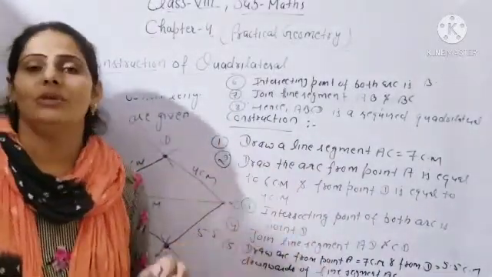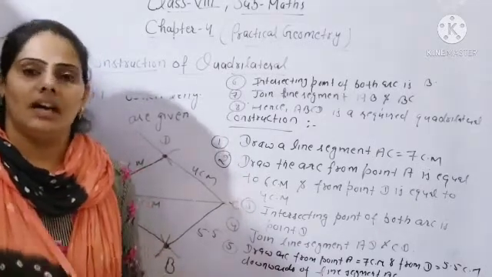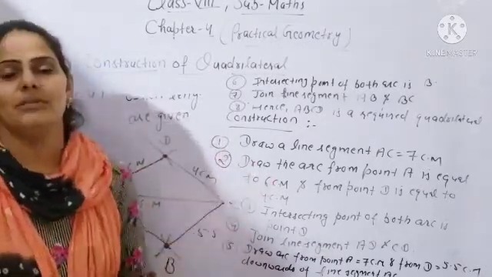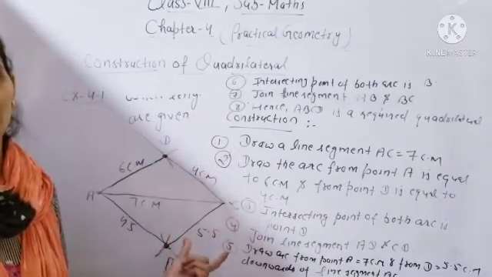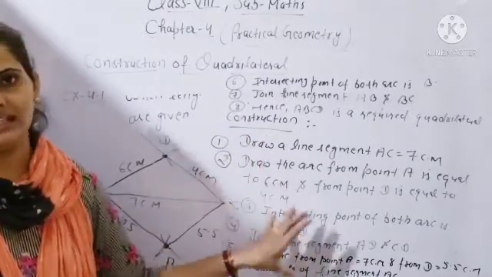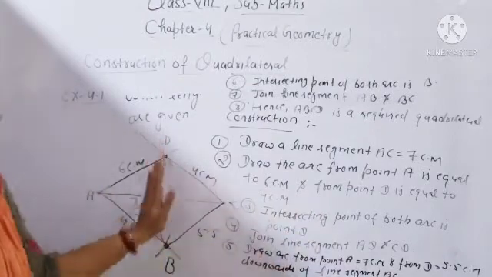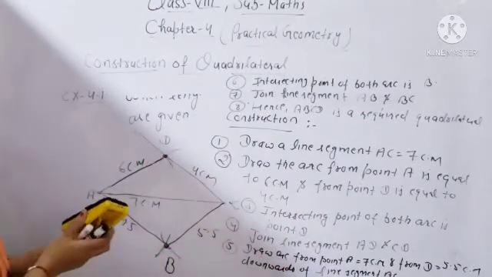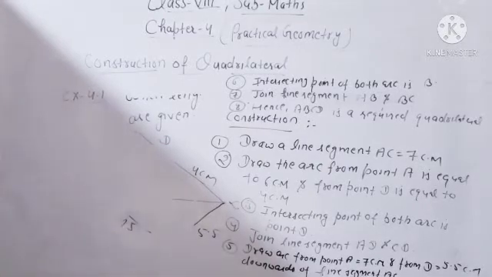So beta, you can do the construction in your own language, only step by step you have to write the lines. Step by step you will write what you have done in your question in your quadrilateral. I have given one example of construction. Like that you have to complete the second, third, fourth questions. You have to do the construction yourself, beta. Clear? Question number one is clear beta? Okay.